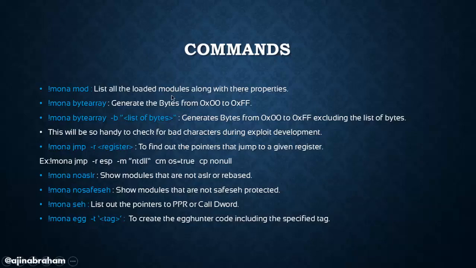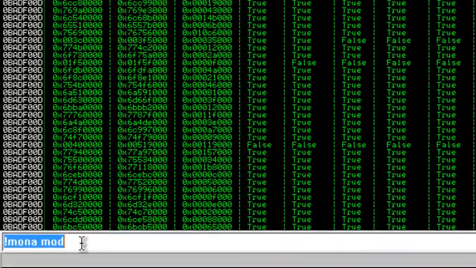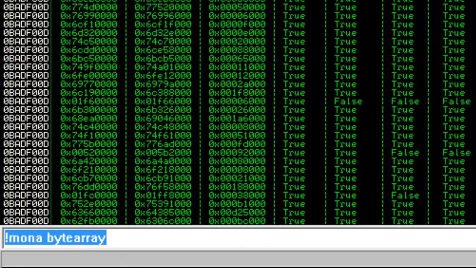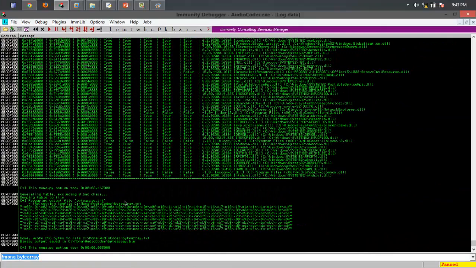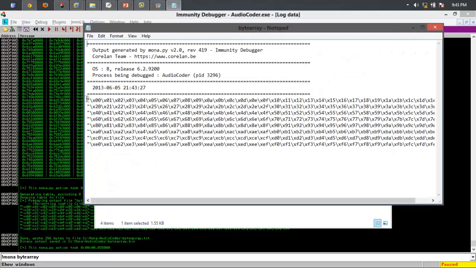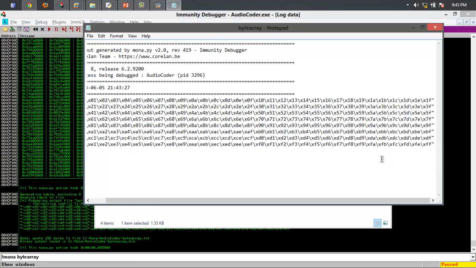So if I just go back to Mona and issue the command bytearray, just scroll down and you can see that there is a file called bytearray.txt. It's better not to copy from here because there may be some troubles like truncation, and also just better go to the log folder and copy it from there. So there will be the file bytearray.txt, and it contains the bytes starting from 00 to FF. Okay, so you can just copy this and paste it into the exploit file,